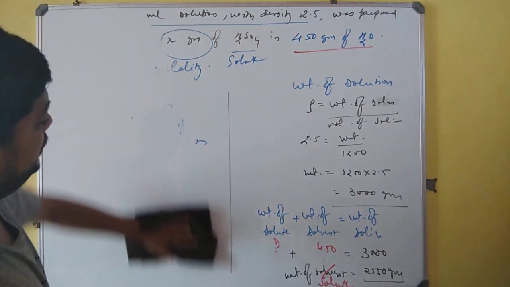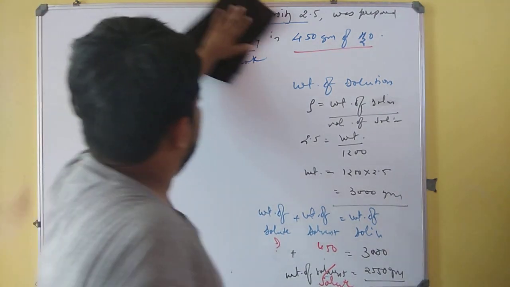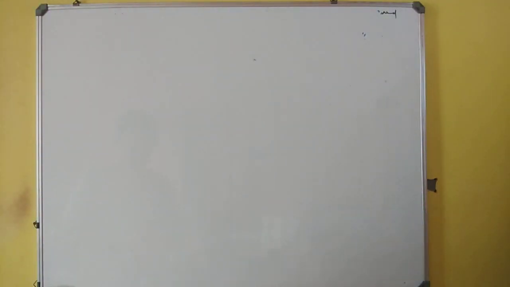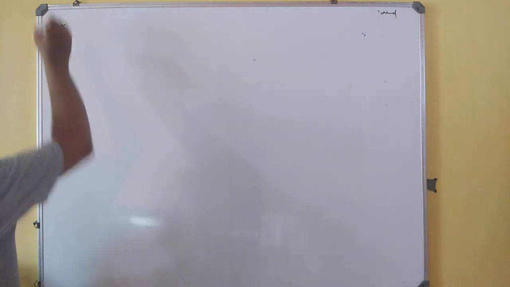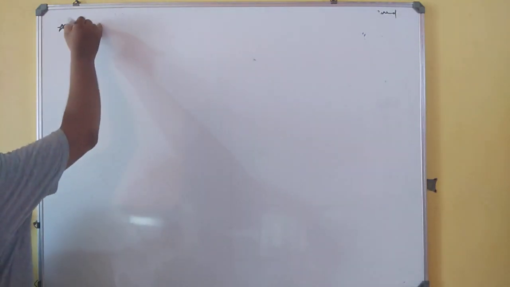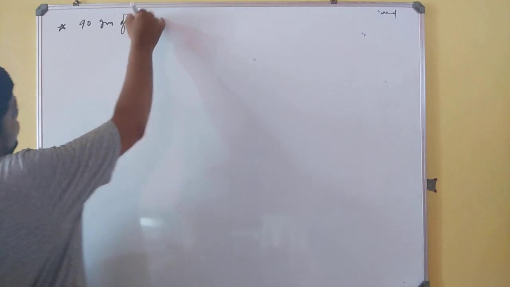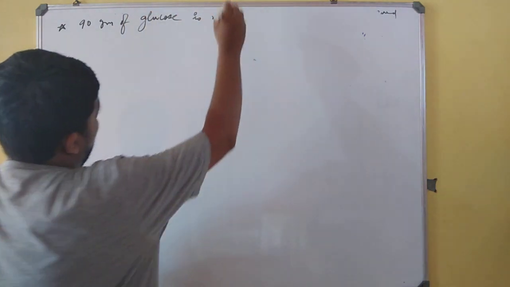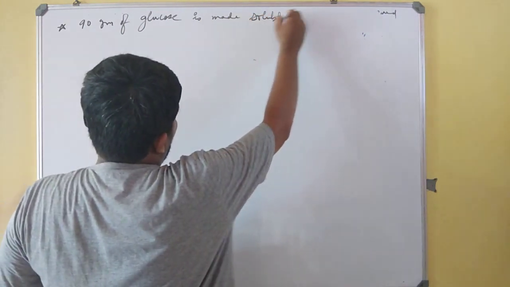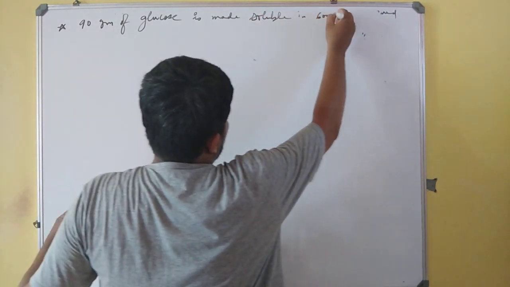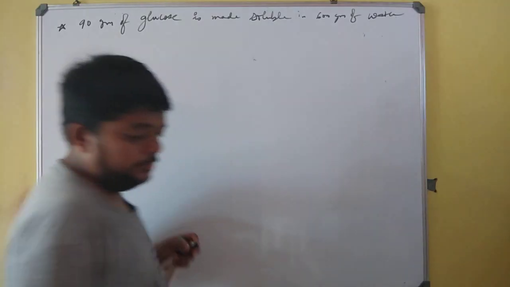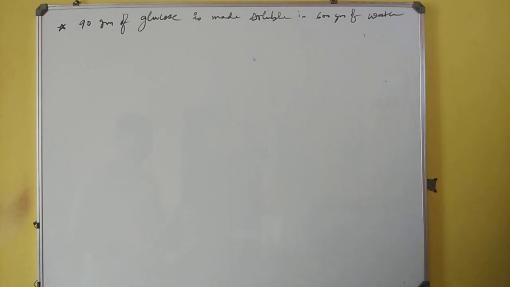Now we will add one more question before ending this video. "90 gram of glucose is made soluble in 600 gram of water,